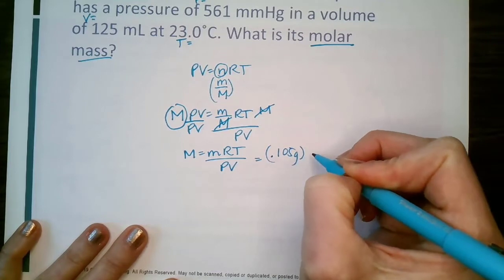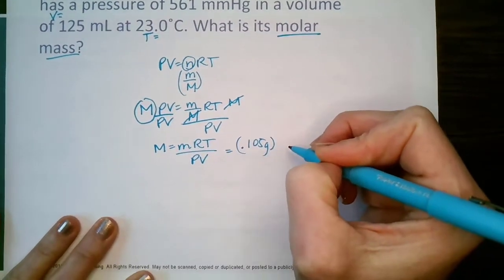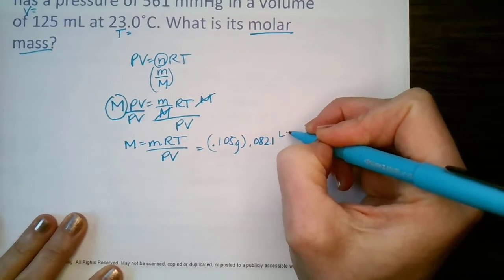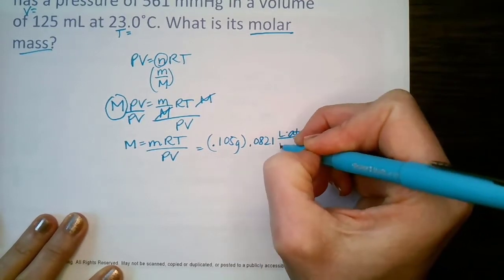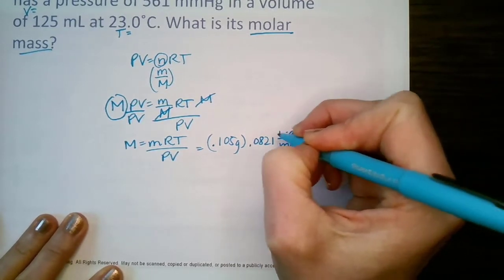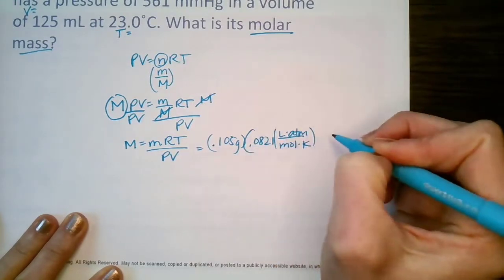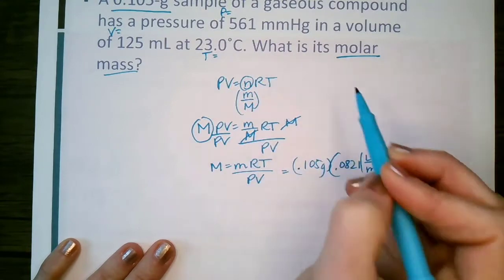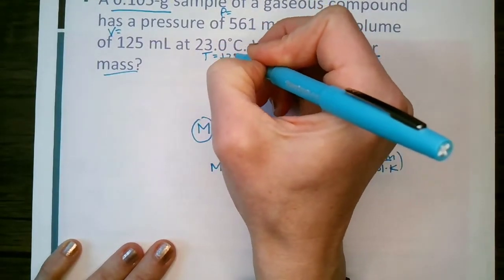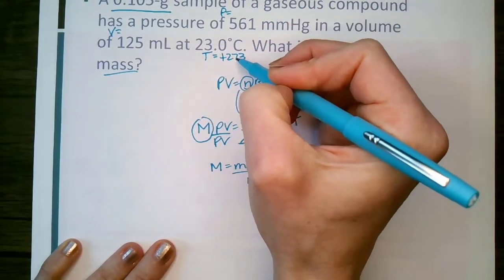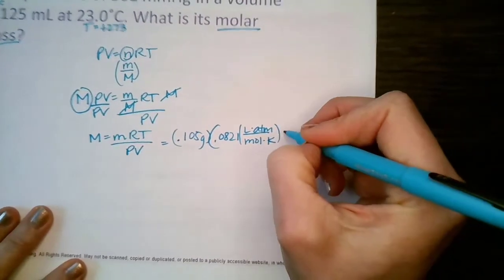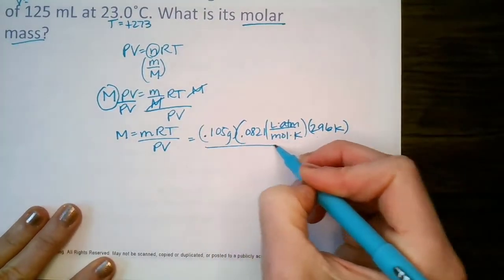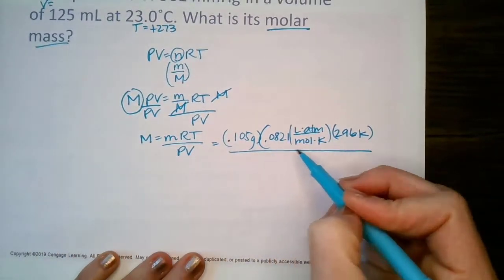All right, so we've got our mass, which is 0.105 grams. R, our ideal gas law constant, 0.0821 liters atmospheres over moles Kelvin. Oops, I have to do that. Our temperature, we were given 23 Celsius. I need it in Kelvin. So let's add 273. So you get 296 Kelvin